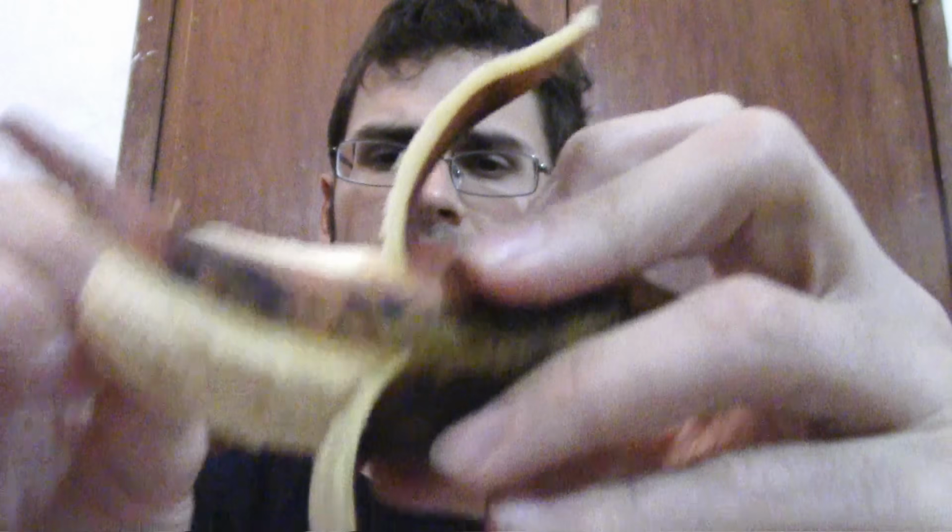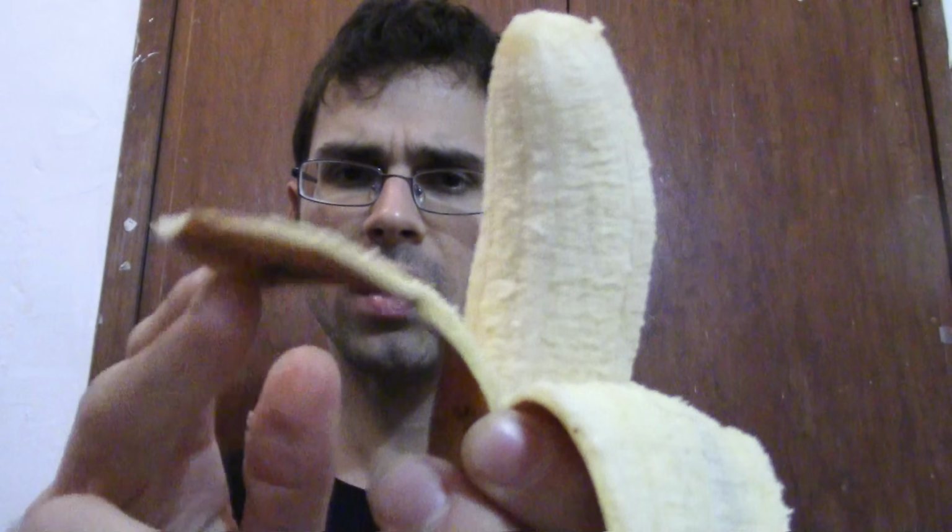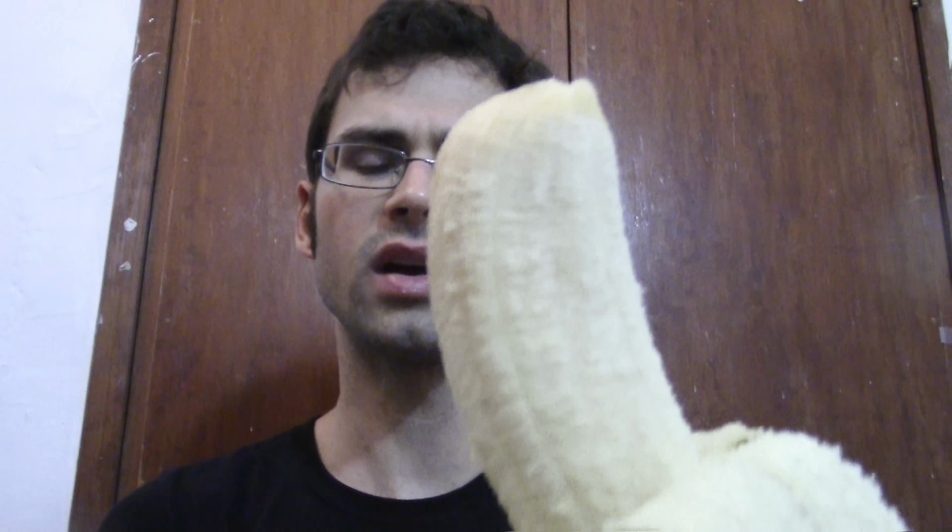Interesting. The skin is a little tougher to peel. It took a little bit more effort. And the skin is about the same as the Cavendish, but it seems a little sturdier, if that makes sense. And the coloring on it, I don't know if you can see in this lighting,